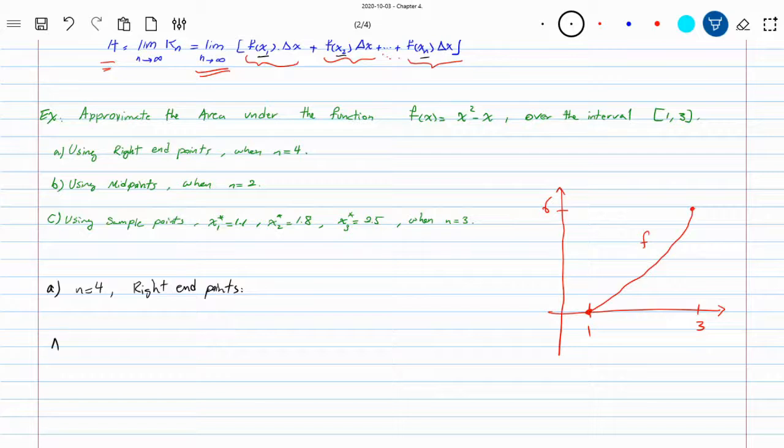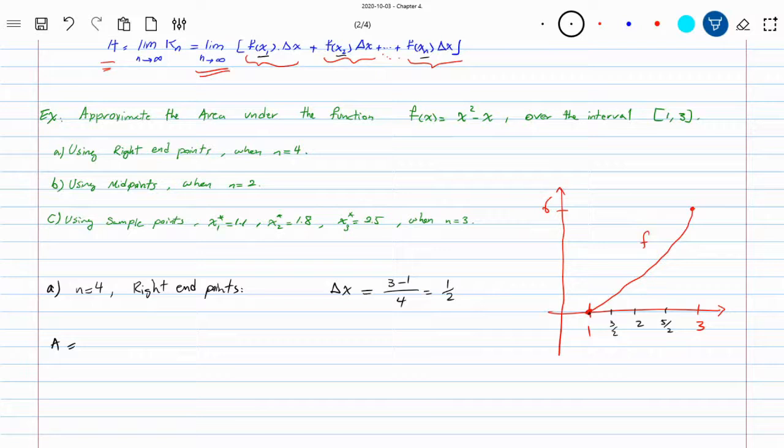So what would be the area? Area would be, first find out delta x. Delta x would be the length of the interval divided by the number of subintervals that we want to have. 3 minus 1 divided by 4. It would be 1/2. That means from this point, if you start and go 1/2, you'll get 1 plus 1/2, it will be 3/2. If you go another 1/2, you'll get 2. If you go another 1/2, you'll get